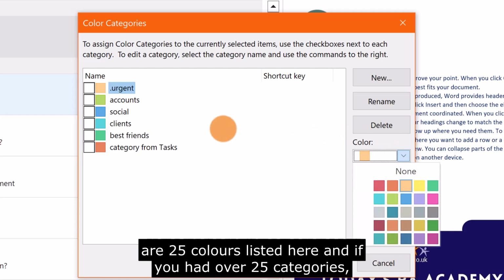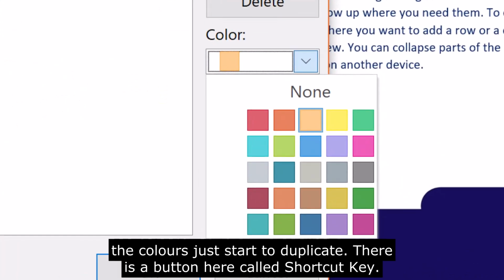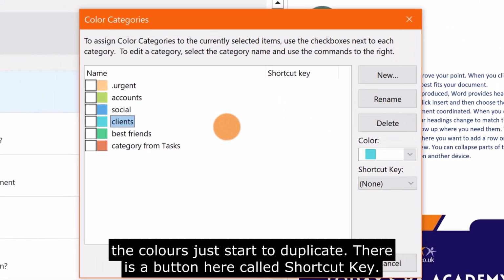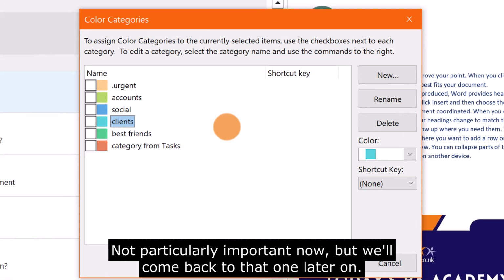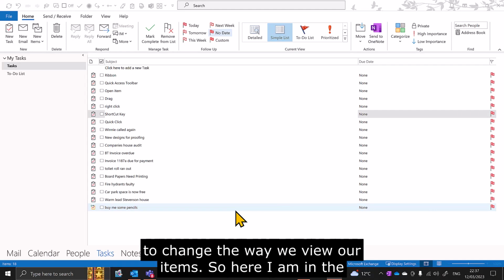There are 25 colors listed here. And if you had over 25 categories, the colors just start to duplicate. There is a button here called shortcut key, not particularly important now, but we'll come back to that one later on. One of the most important things we can do when working with categories is to change the way we